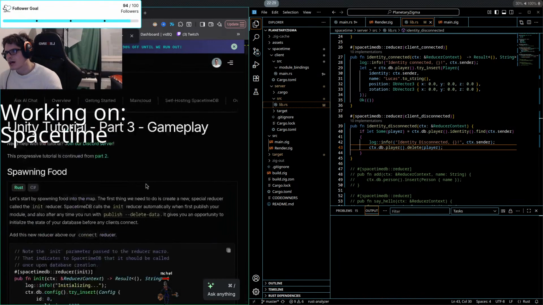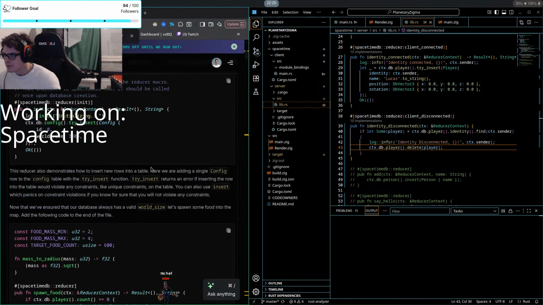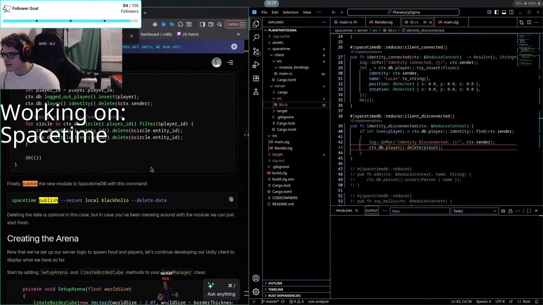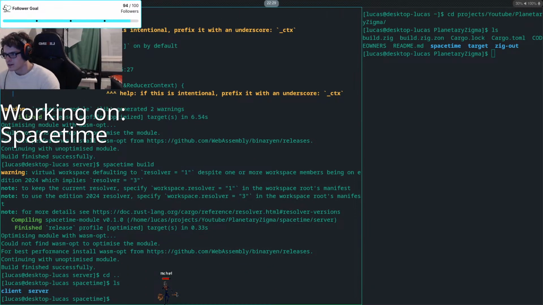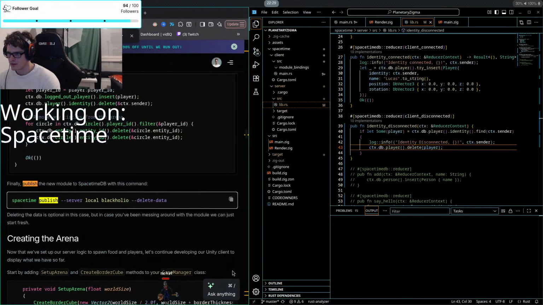What was the command? Publish, let's see. Here, dash the server local. Yeah. Cannot be inside of server if I'm gonna do this. Yes. Spacetime publish.